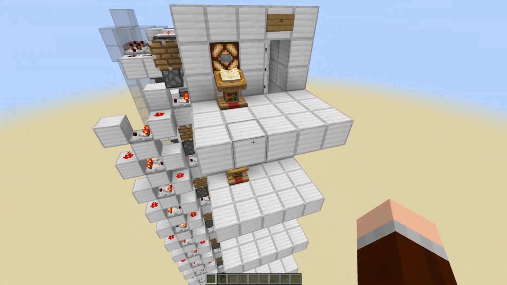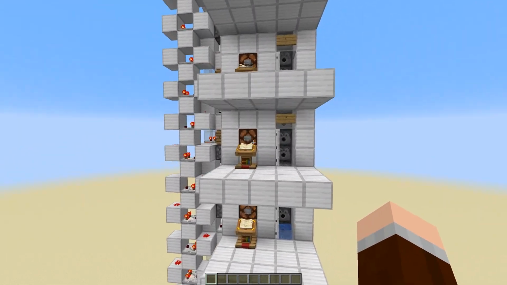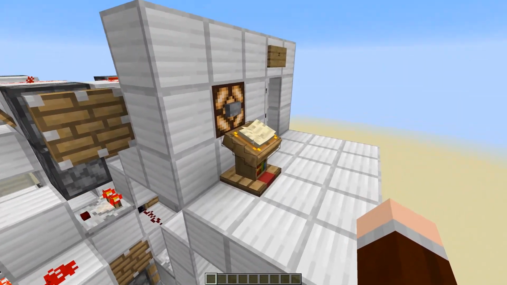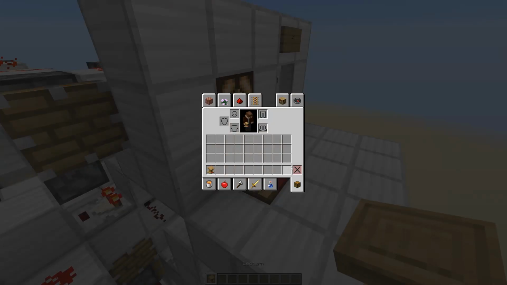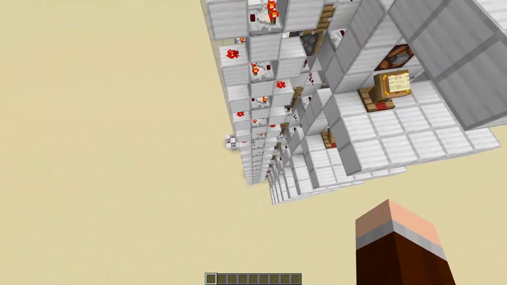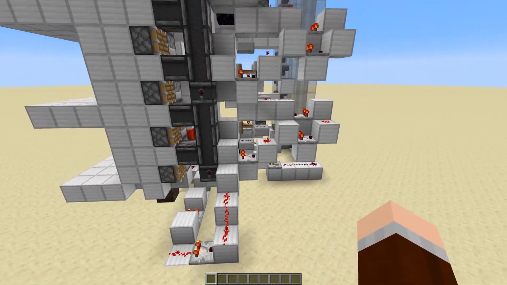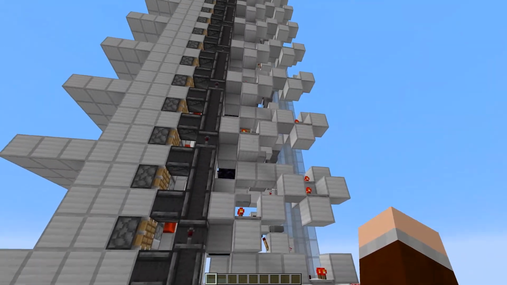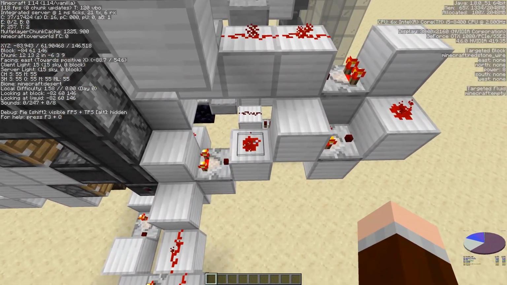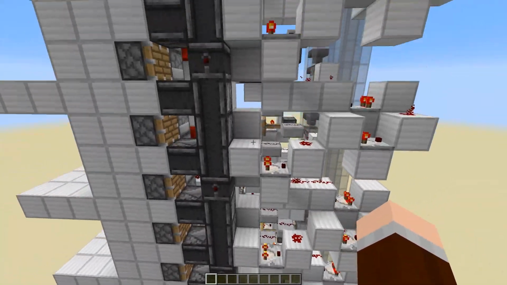How does the machine know which droppers to turn on and which droppers to turn off so that you go to floor 9? Well, the signal strength coming out of this lectern right here travels all the way down using this comparator tower and then goes over across to here, which then goes up again. However, for every floor we lose one signal strength of power. So this one will have 8, 7, 6, 5, 4, and so on